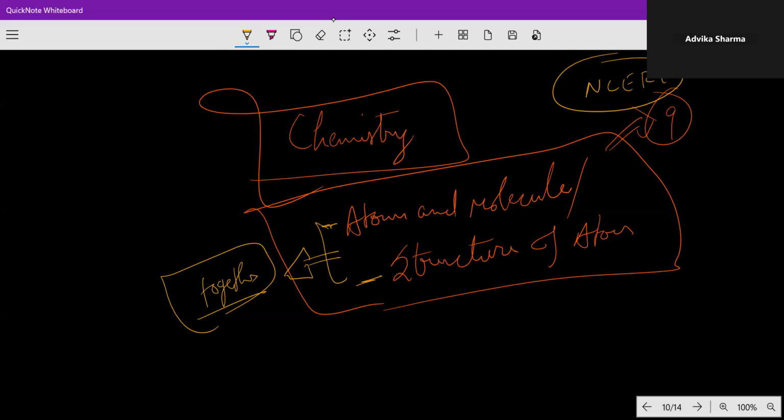There's this model, I think Bohr's model. Also, will we be doing synthesis and compounds and everything? I think it would be like you would have the atom and then you would draw the